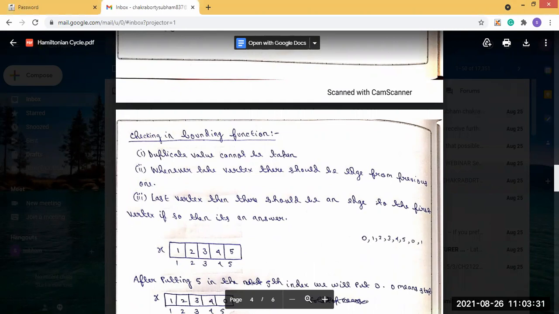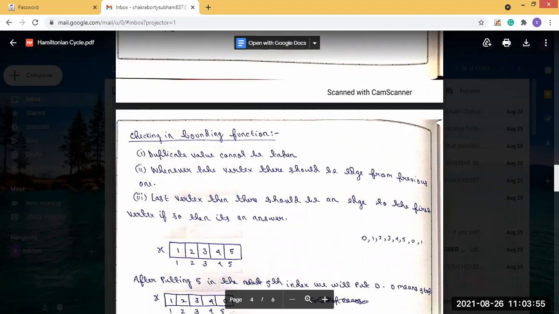We have already seen that 1 is previously appearing, so we cannot take the value 1 next. If 2 is also appearing, then we cannot take the value 2. That means duplicate values cannot be taken. When 1 and 2 have previously appeared, we cannot take the values 1 and 2 in the index.